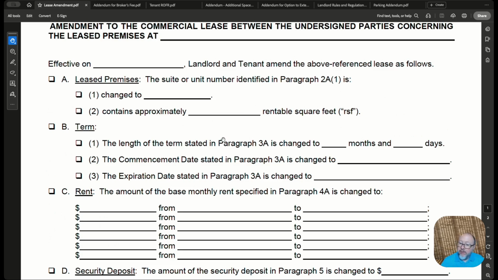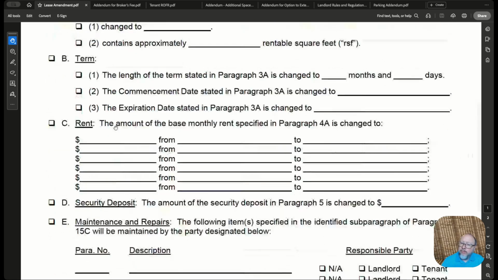If we had a delayed commencement date due to some sort of construction issue, we could change the commencement date and the subsequent expiration date here while keeping the total term of the length of the lease the same. Rent, the amount of the monthly base rent. So if we are changing the rent for whatever reason, if you're downsizing the lease space, you're going to want to change the rent. If you're increasing the lease space, you're going to want to change the rent. If you're extending the lease term, you're going to want to know what the rent is for the term of